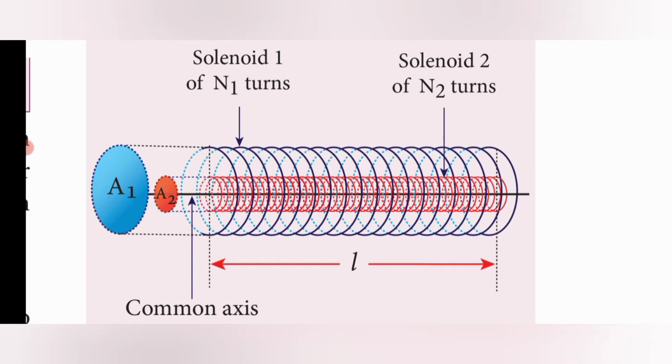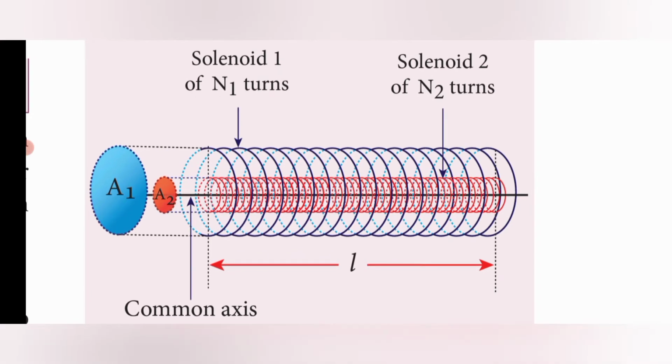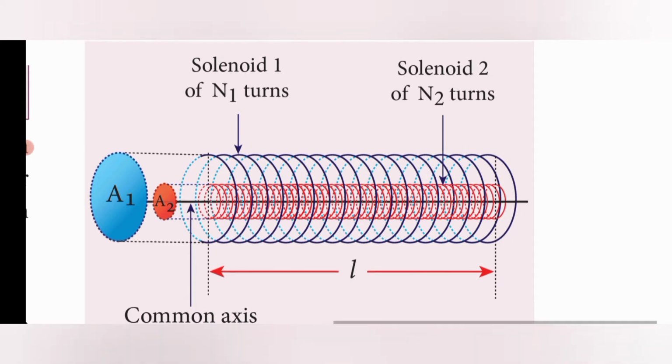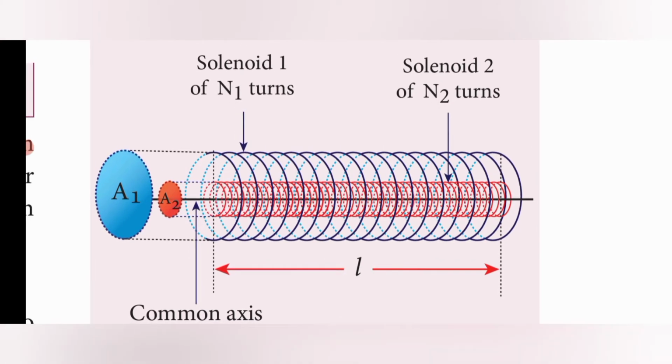Now we have to arrange the two solenoids like this. The solenoid with the smaller area of cross section is kept inside solenoid 1. We arrange it like that, and then pass the current I1 through solenoid 1. Then the magnetic field inside the solenoid is formed, a maximum magnetic field. We are going to find the magnetic field value and the magnetic flux value, and finally make an equation for that.